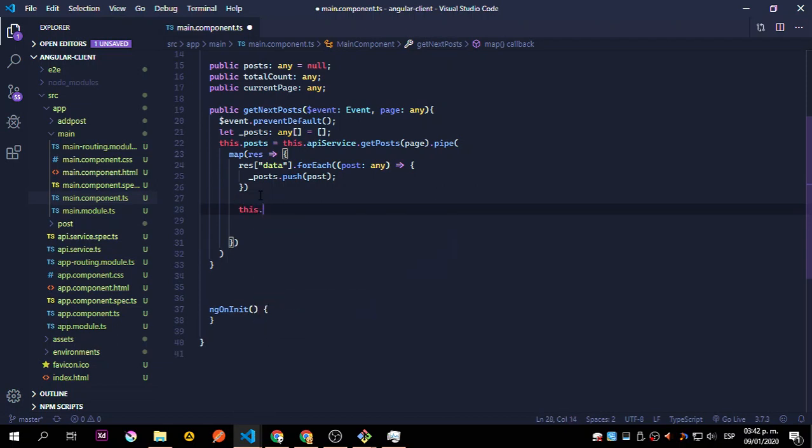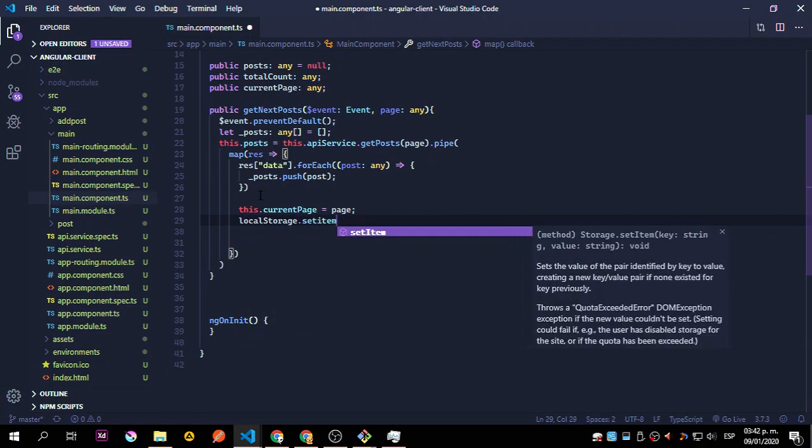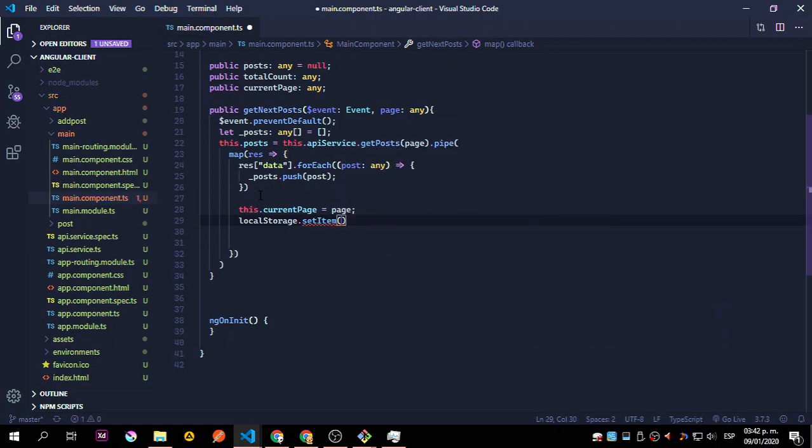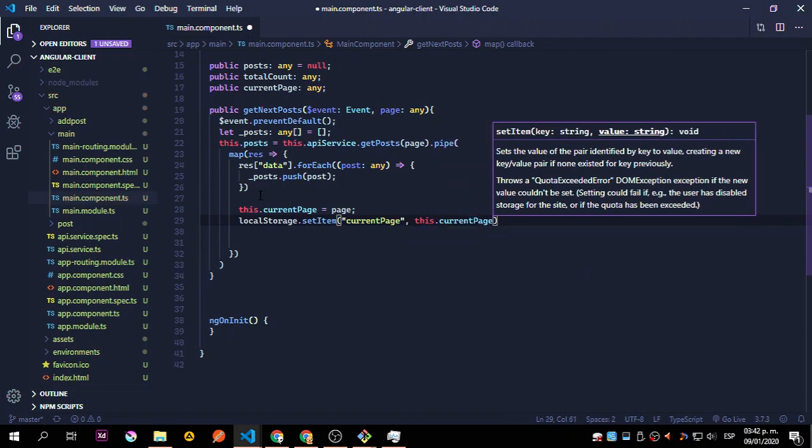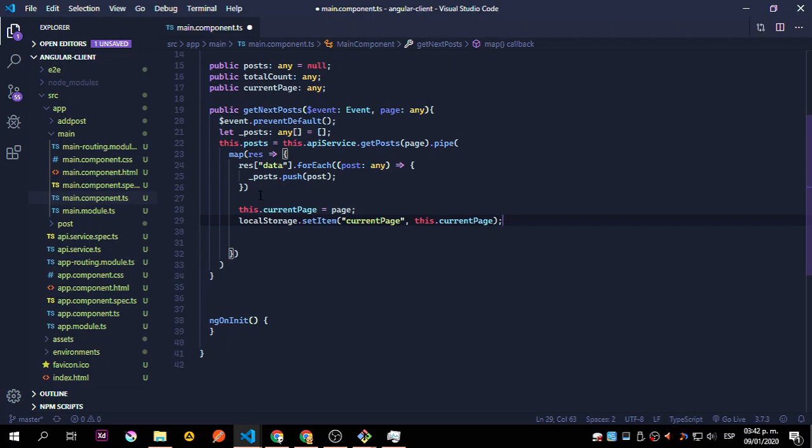So we're going to set this.currentPage equal to page, the page that we are receiving, and localStorage.setItem currentPage equal to this.currentPage. Okay, so we set the current page in order to help us keep the user